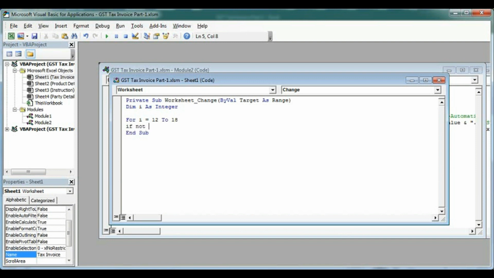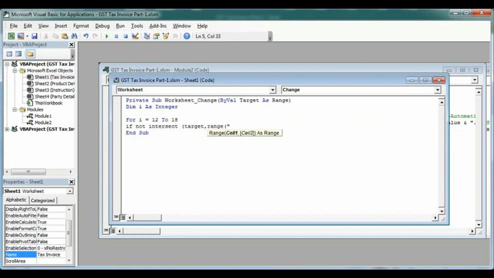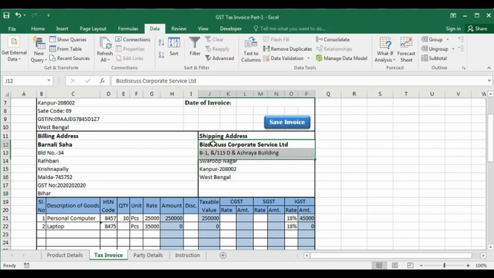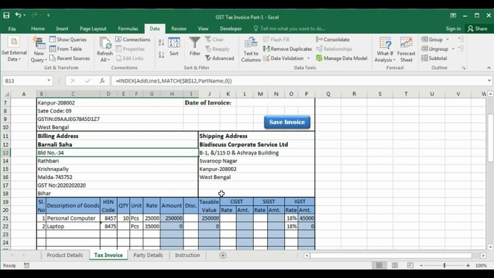If Not Intersect(Target, Range("B12")) Is Nothing, then this cell's value will be taken from here, this cell's value will be taken from here, and this way we have to do.